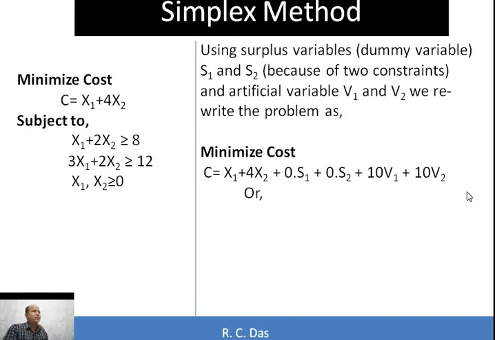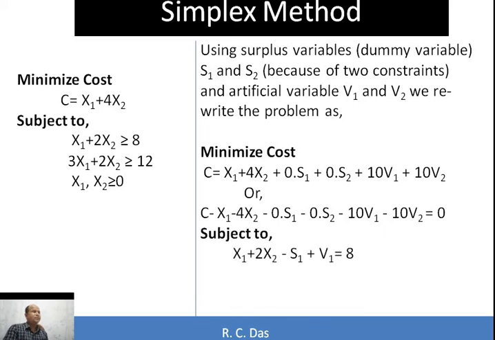Or, taking the right hand portion into the left hand portion, we may write it this way: C minus x1 minus 4x2 minus 0 multiplied by s1 minus 0 multiplied by s2 minus 10 v1 minus 10 v2 equal to 0,